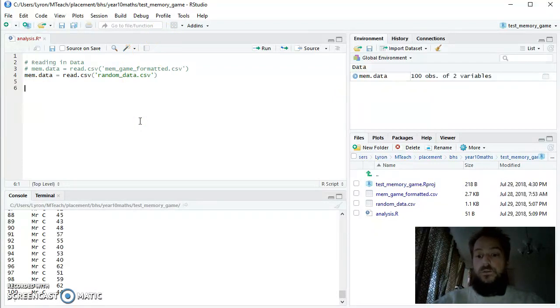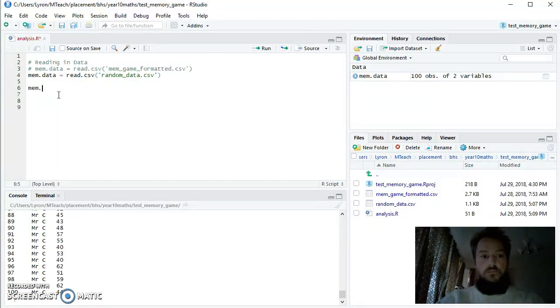Okay. Now, what can we do with this? Well, usually the first thing we want to do is make a plot of something. But first we want to select which data we want to make that plot with. So we could, for example, select Mr. C's class from here. The way we do that is using the function subset. I'm going to create a new variable. I'll call it mem.c, for Mr. C, and I'll assign to that using the equals symbol the subset of mem.data, which is all of our data, the data we just read in from the CSV file,